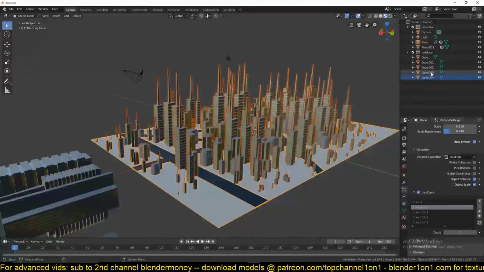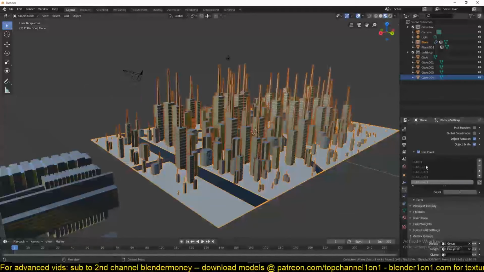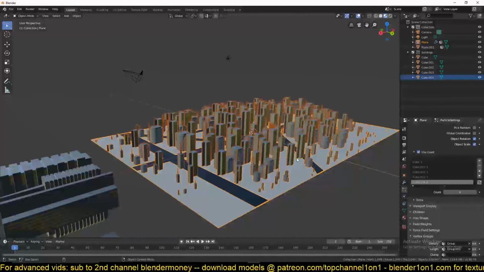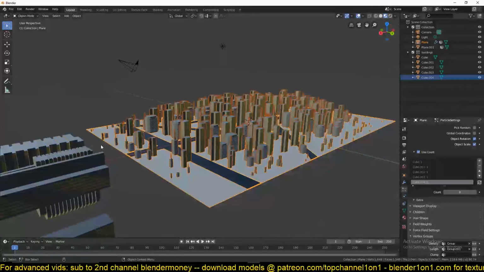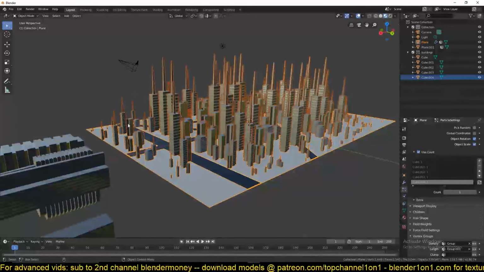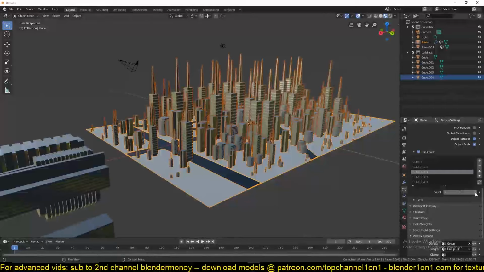So we know that it's called cube 4. So we can come to the cube 4 here and just reduce the count. You can see, because this is a ratio, now it's set to 0. We have removed all the cube 4 buildings. So if we want less buildings of this, we just need to increase the ratio of other buildings. So if I increase this and also increase these other ones,